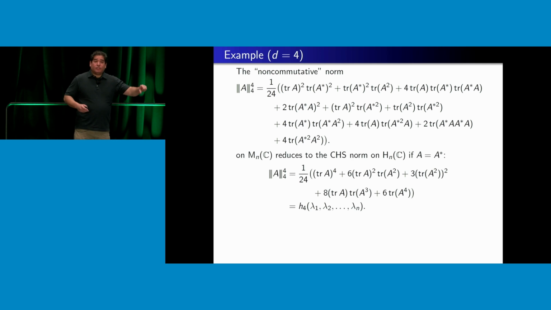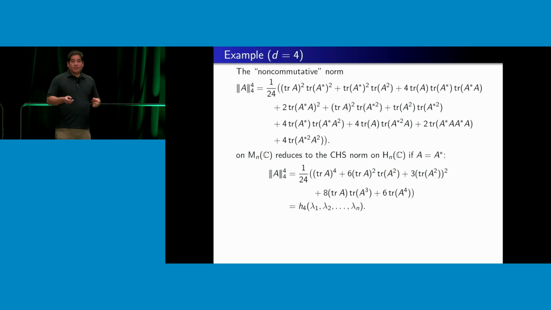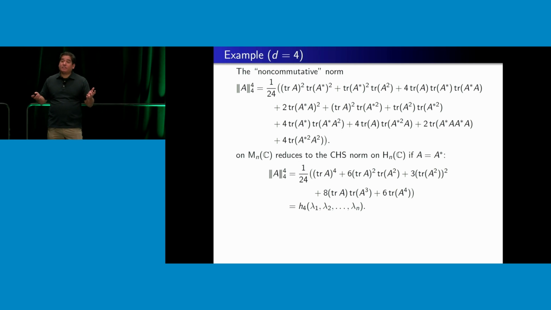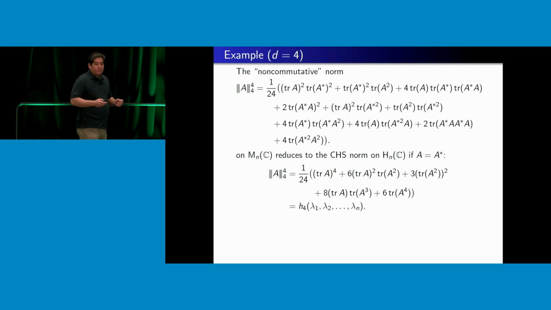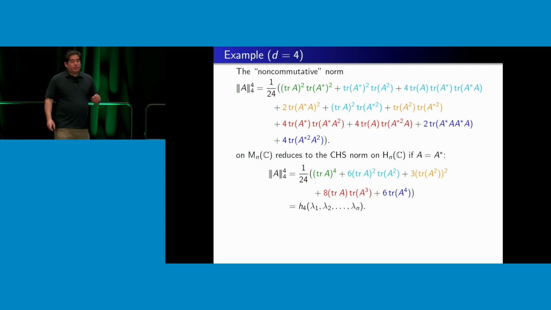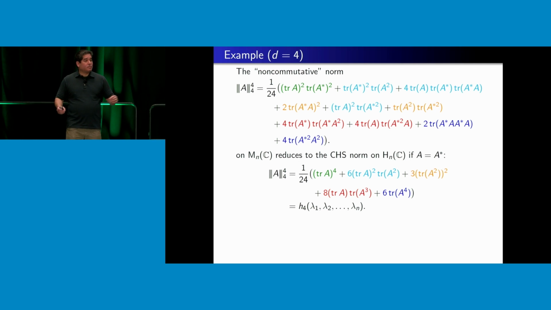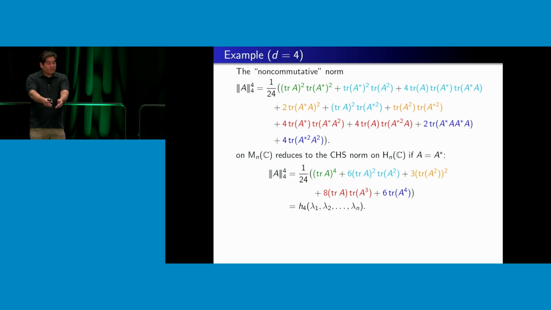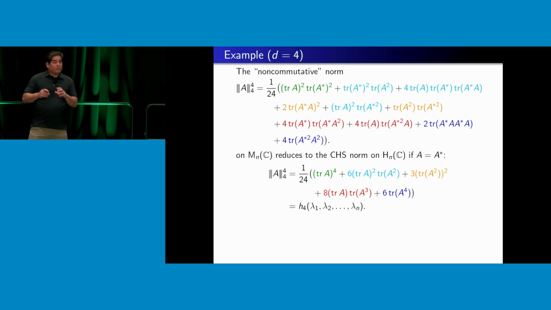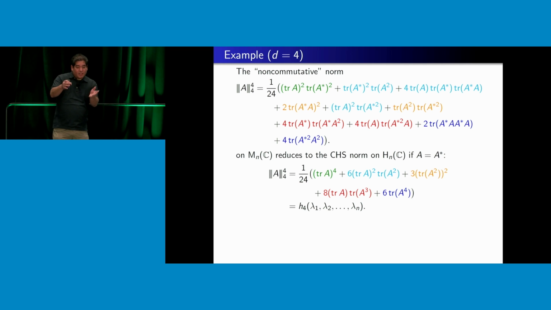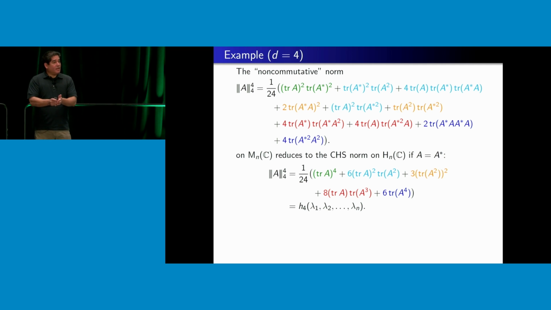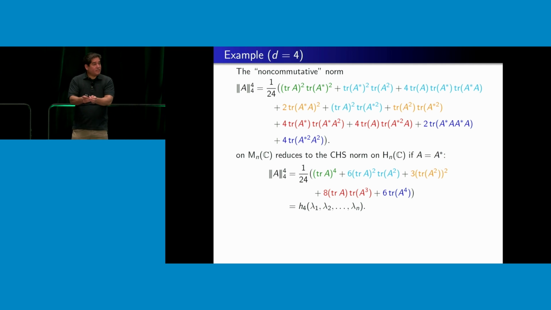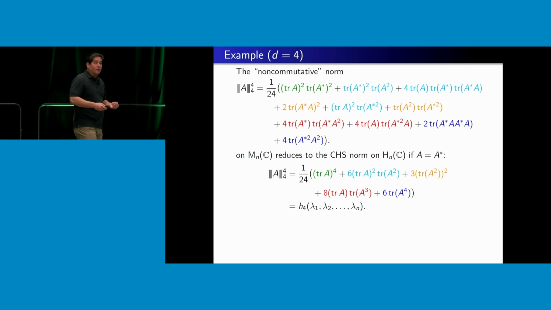So it's going to reduce down to that CHS norm in the Hermitian case, right, that we got from Hunter's theorem. Right? And here's why. Because I've color-coded things, and you can see if A is equal to A star, in other words, if we're in the Hermitian case, all the green stuff collapses to the green stuff in the second equation. All of the teal stuff, or I guess cyan stuff, simplifies down to the cyan stuff. The orange stuff simplifies down to the orange stuff below, and so forth.